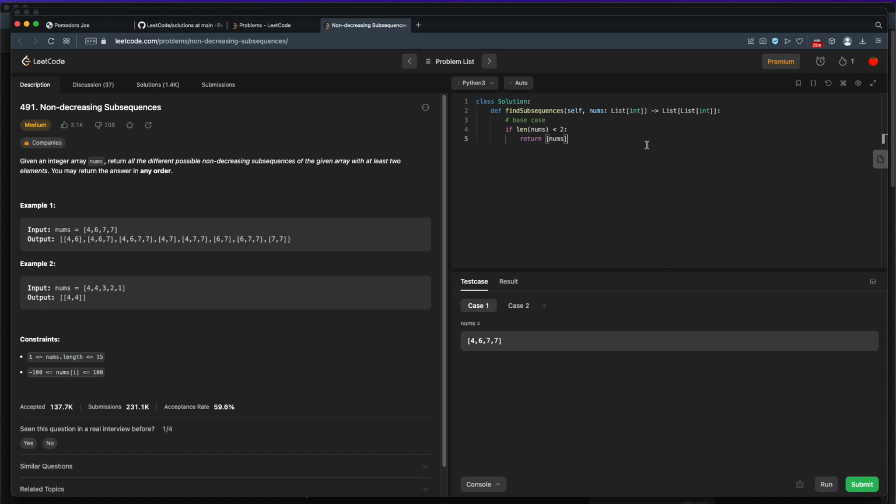Now, this does present a problem though, because right here it says we need at least 2 elements. So we can't return something that has 1 element in it as part of our recursive algorithm. Okay, so this leads us to an internal function. We'll create an internal algorithm that will go through, create all of the subsequences, then we'll go back through all of those and remove the ones that don't have at least 2 elements. Not great, but it simplifies our recursion a bit. And we will call this